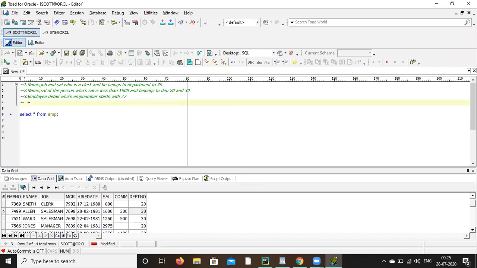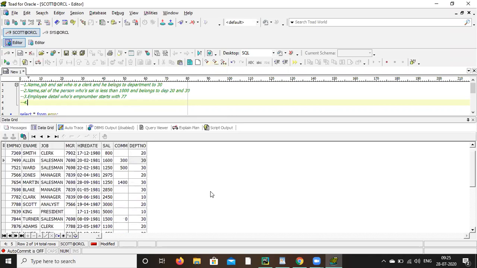Just trace that output once. I want name hyphen job hyphen salary in this format.